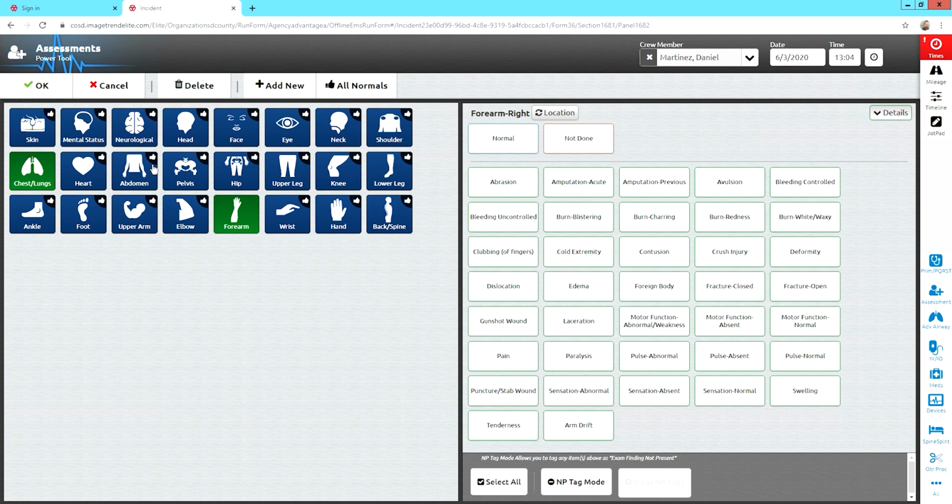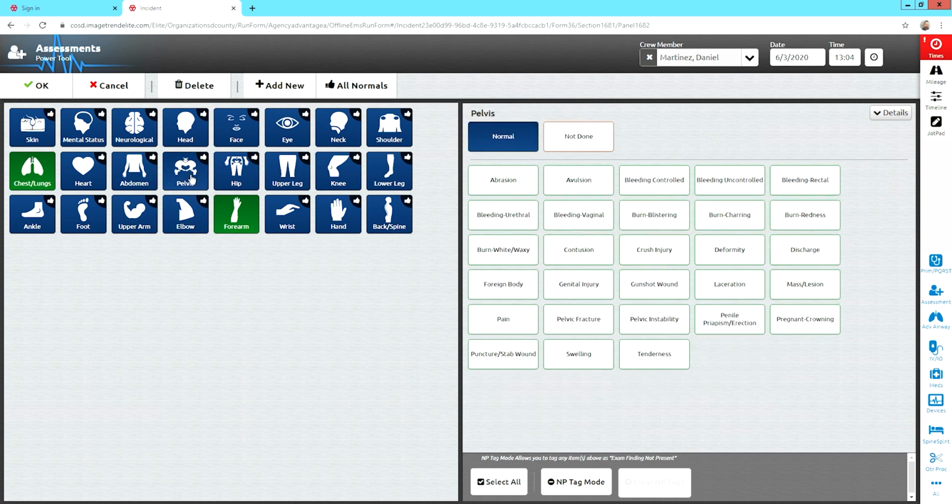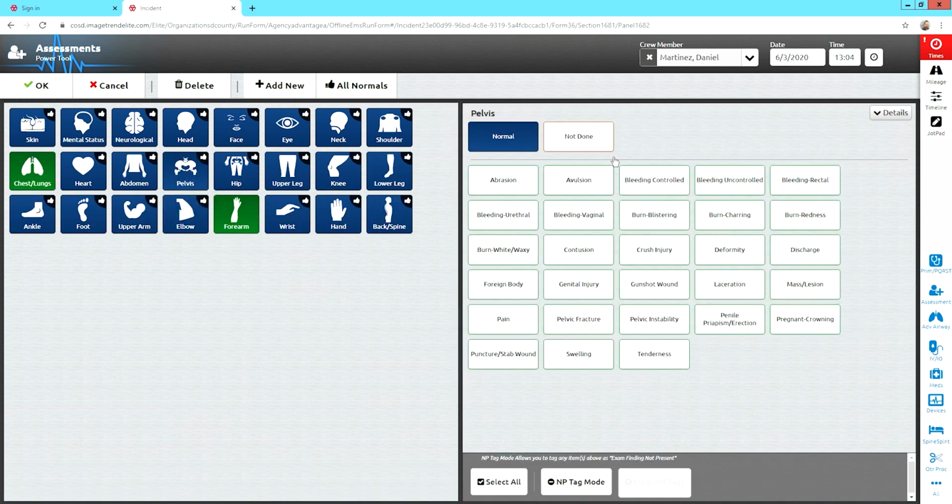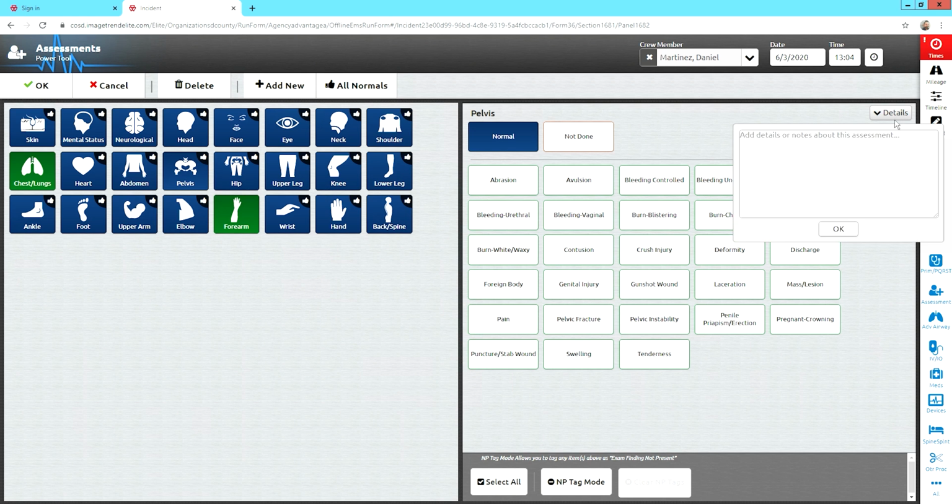Any other area? Maybe your patient has a Foley, because a lot of our patients do. So you're going to go to pelvis. Where'd it go? Pelvis. And if they don't have a Foley, I can go here, details. Patient has a Foley. Foley was drained. Let's say 400 cc dark yellow fluid